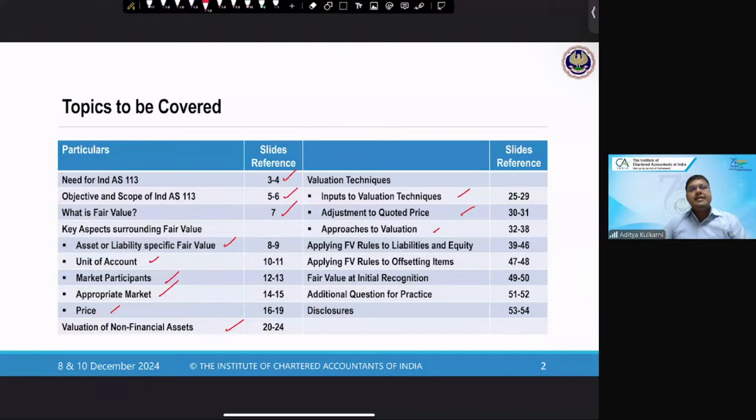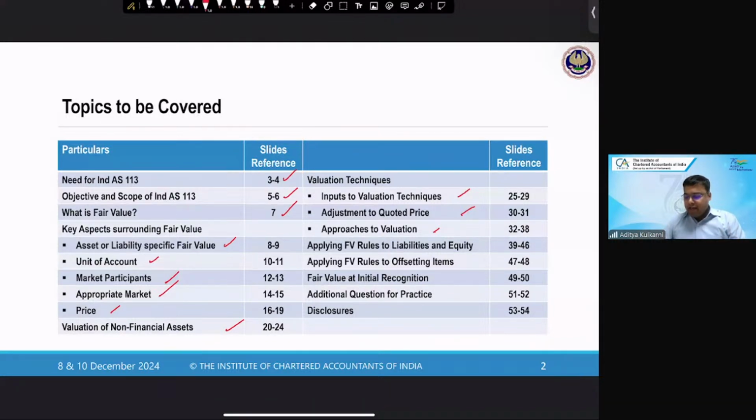Shares of an entity in a similar sector, I can pick up the value of the entity which is already traded, and then I will make certain adjustments. And level 3 is unobservable inputs, where it depends on management estimates. Typically it goes along with your DCF and other similar valuations. So now when we talk about inputs to valuation techniques, these are our 3 inputs. Rule is maximize the use of observable inputs, minimize the use of unobservable inputs.